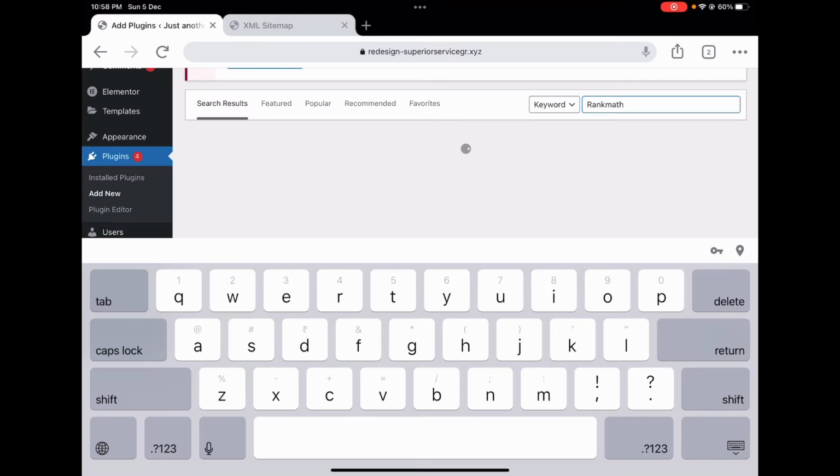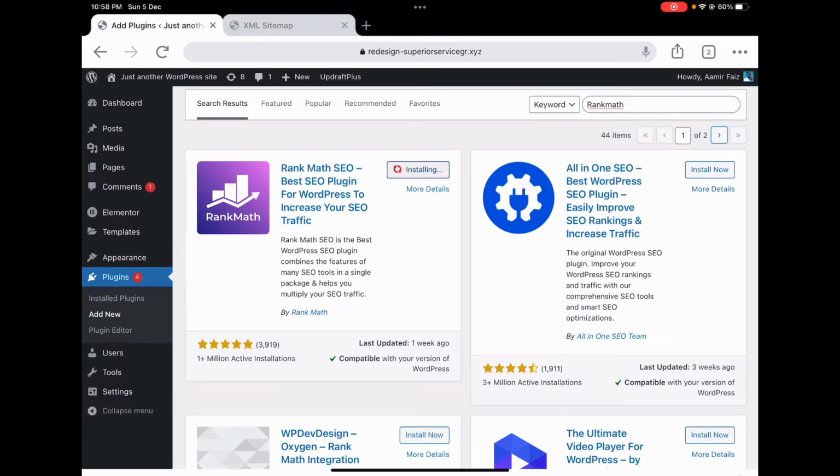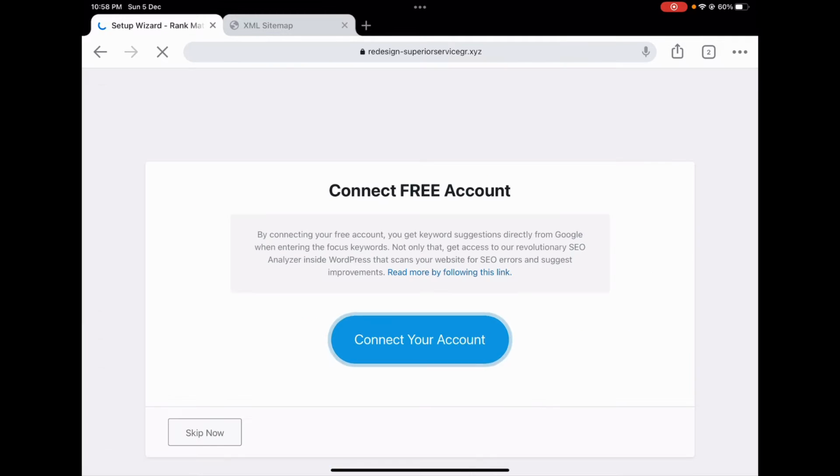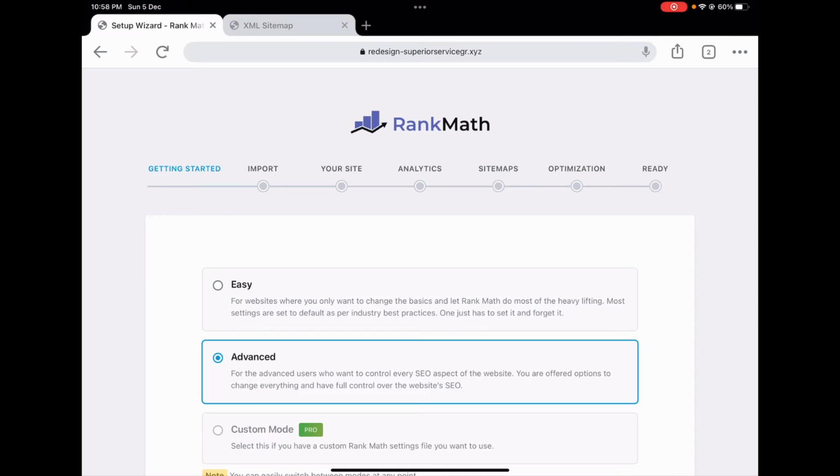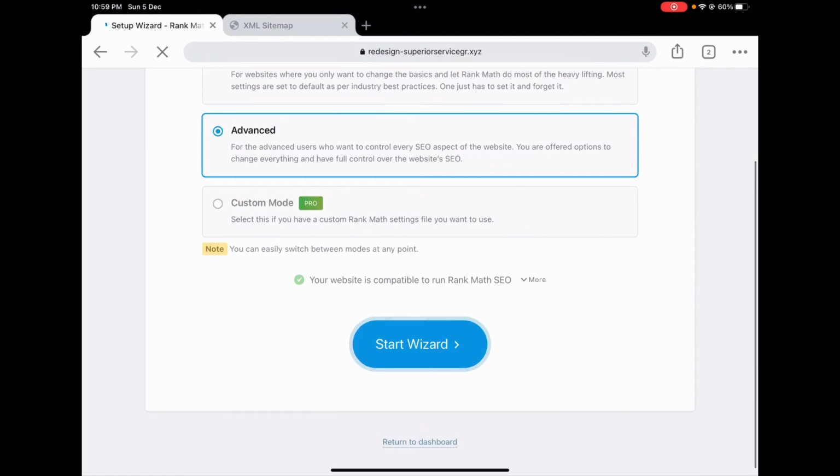Just install it. You can also get the sitemap using All in One SEO. As you can see on the right side, that is also an SEO plugin that you could use, and it will also help you generate the sitemap for your website. I'm going to show you three ways. One is done with Yoast SEO, the second is Rank Math, and the third one will be a dedicated plugin for the sitemap only.